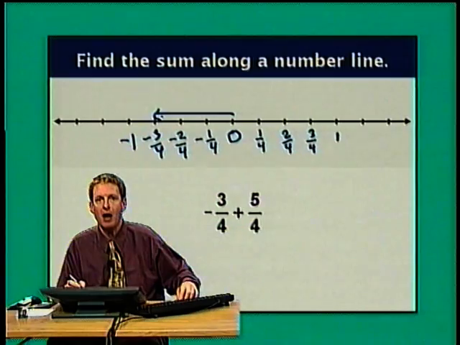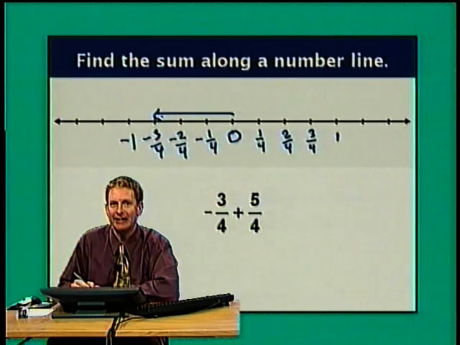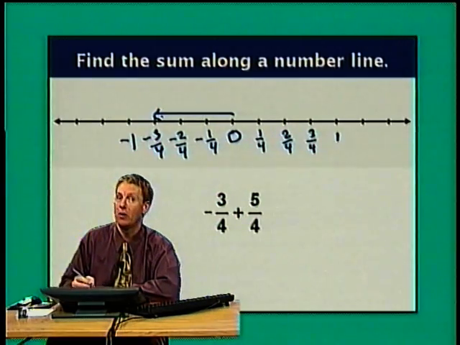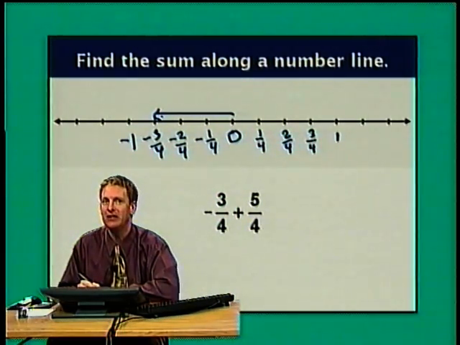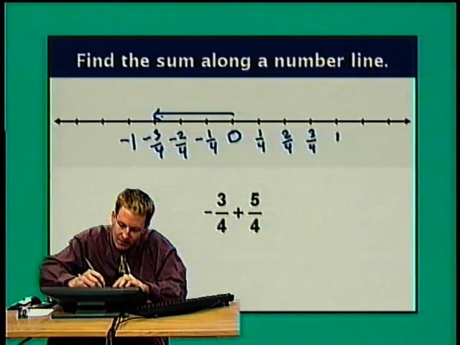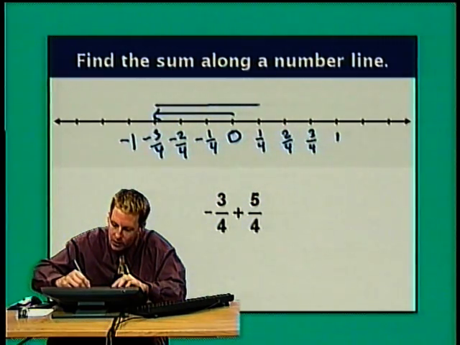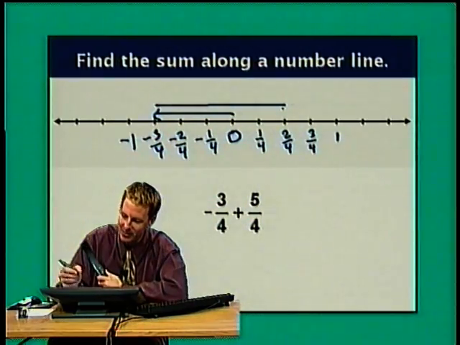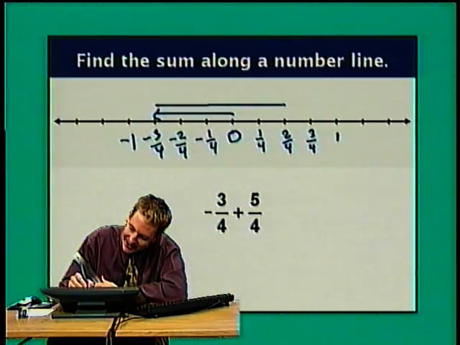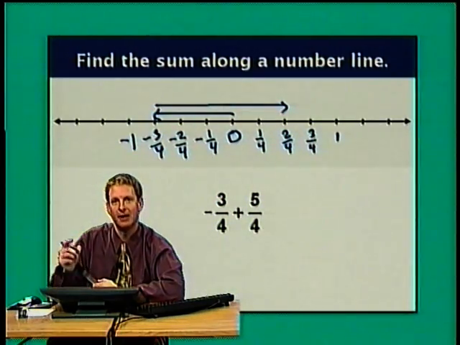Now, picking up where I left off, I need to go right 5/4 of a unit. Somebody handy-dandily set up a scale that worked in quarters on my number line. So if I want to go right 5 quarter units, all I need to do is count 5 tick marks. Picking up at -3/4, I want to go 1/4, 2/4, 3/4, 4/4, 5/4 right along the number line. Notice I used my straight edge because I certainly wouldn't want to draw a line without using a straight edge. Check out where I landed. I landed at 2/4. Does this make sense?